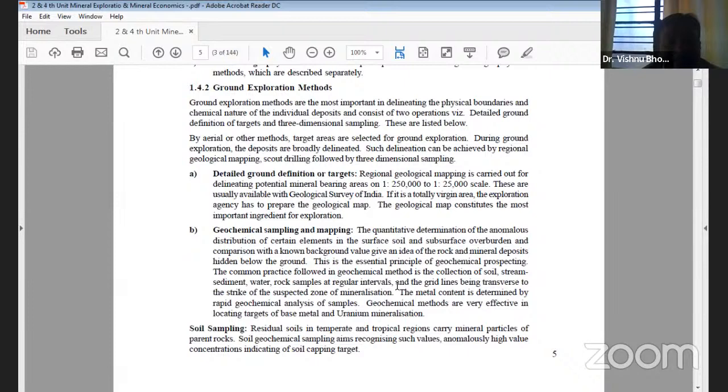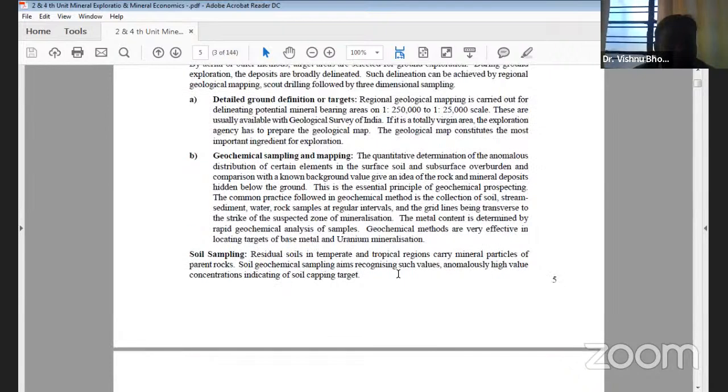Geochemical sampling and mapping. Once you finish collecting the samples from different areas, then geochemically how will we follow? The first is that geologically we collect the samples, and the second is geochemical sampling and mapping: the quantitative determination of anomalous distribution of certain elements in surface and subsurface. When we compare with known background values, it gives an idea of the rock mineral deposits hidden below